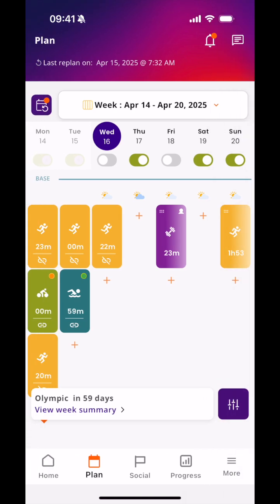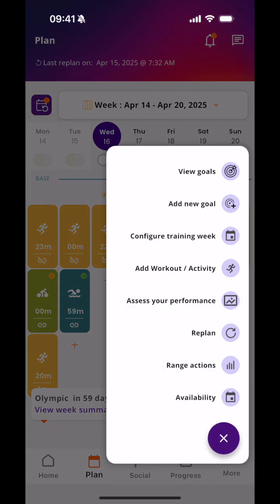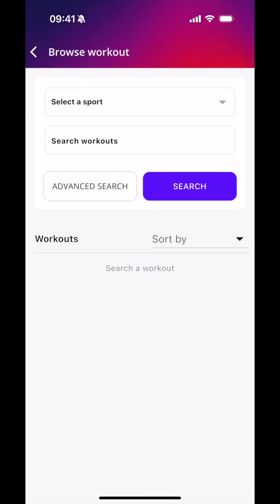Last thing for me to show you are the options through the configure icon in the bottom right. So view goals and add new goal. There's a video in the Help Center to guide you on this. Configure training week is what we did at the start. Add workout or activity. Now we did this, and this is just a bit more of a detailed view of